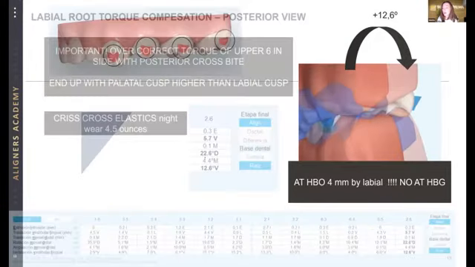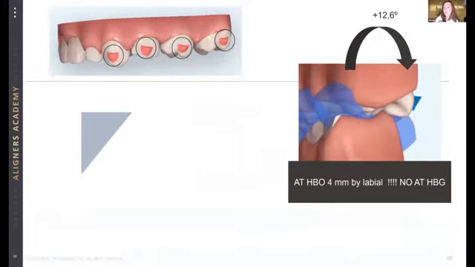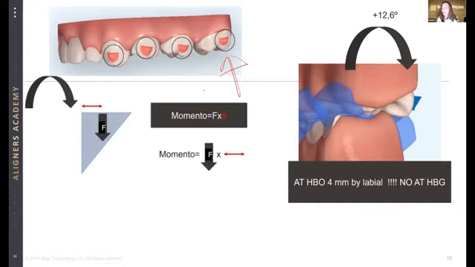Normally, the attachment that the software is going to place is going to be an optimized attachment that has this bevel to occlusal, and that is going to prevent the flaring of the molar during the expansion. In case that we are not provided with this optimized attachment, it's better that we use a horizontal attachment beveled to occlusal, because in that way the moment of torque of this molar is going to be equal to the